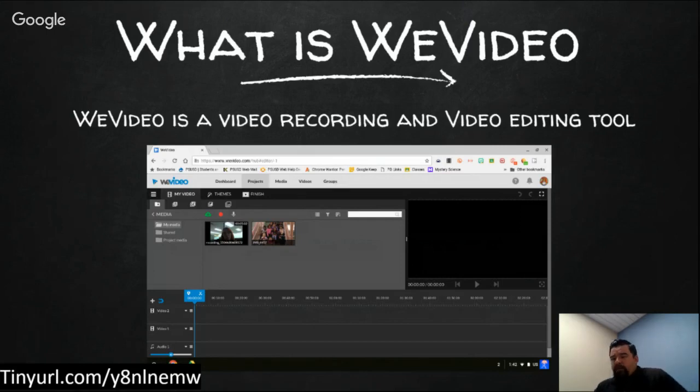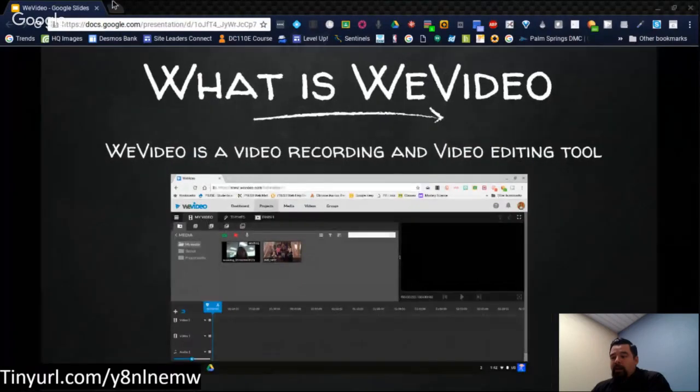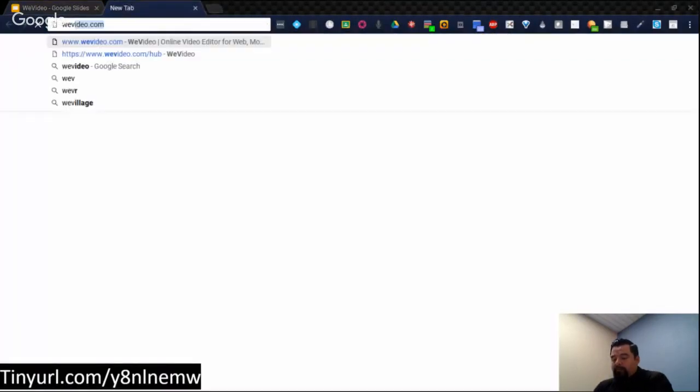With WeVideo, you'll notice this first component looks exactly like you would expect any kind of video editor to look like. It has the tracks. It's got these things here for video, two video slots, and then an audio slot. It's, again, great for complex editing and also some basics, and we'll go through that component. I'm going to exit out of the slide deck here